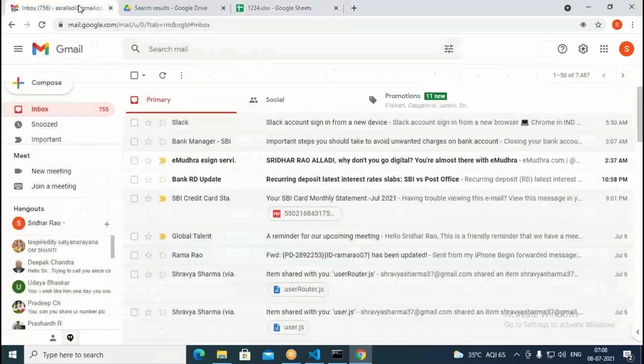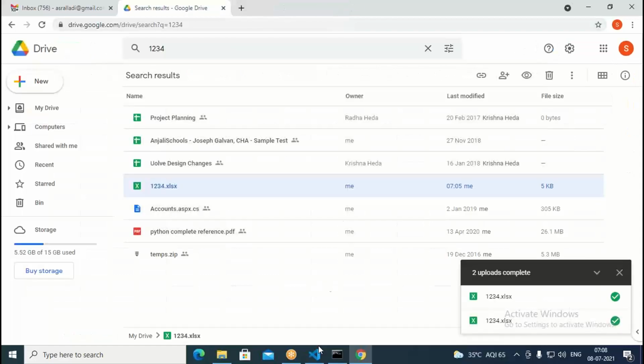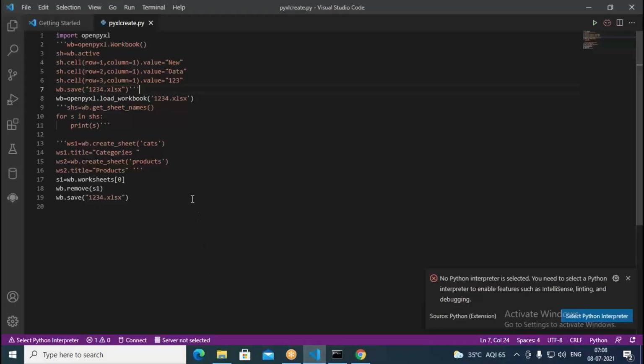Since we don't have any data, we cannot read. For that purpose, we should be adding data. So we have to add more data into that. For adding data, you can add data in different ways.